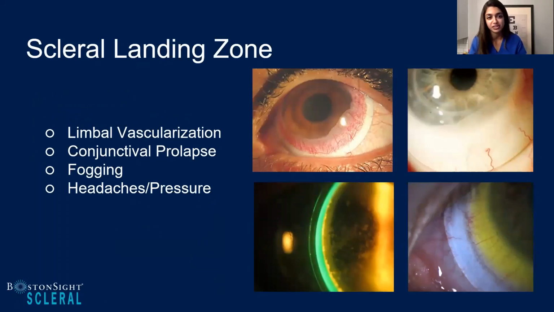Shalu, you already mentioned the limbal vascularization, prolapse, and this is again all an idea that each individual zone we're talking about is not independent of each other for the corneal health. They all work as a system together, and so one zone of the cornea might affect the limbus or vice versa. And the same thing really happens when it comes to fogging, really evaluating whether your scleral landing zone has an edge that's really causing an influx of debris.